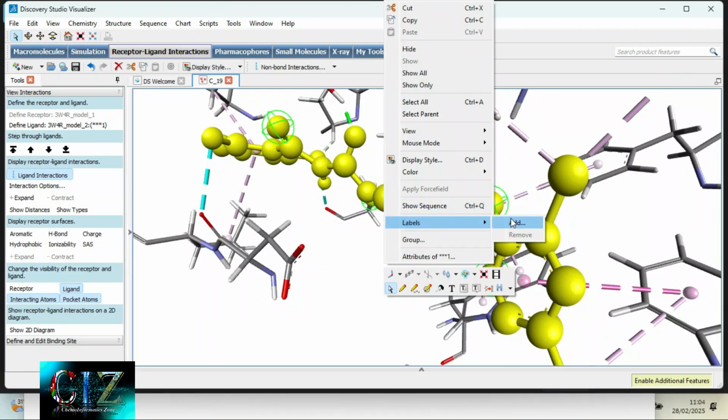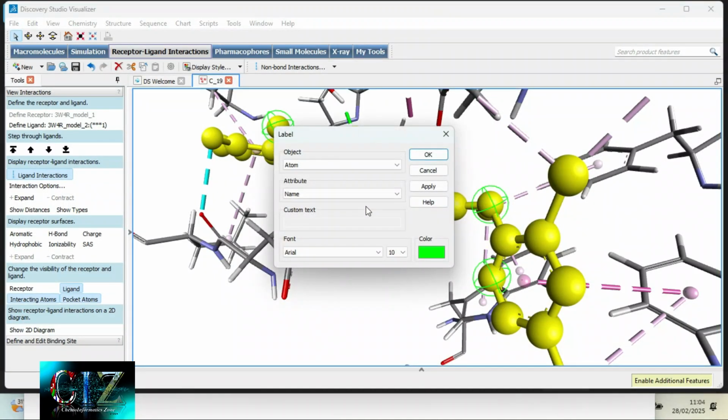When you are on label, you can add some information related to the ligand. For example, you can add their names, or their ID, or their intrinsic displacement, or some kind of information. Then we are going to save that one and choose, for example,